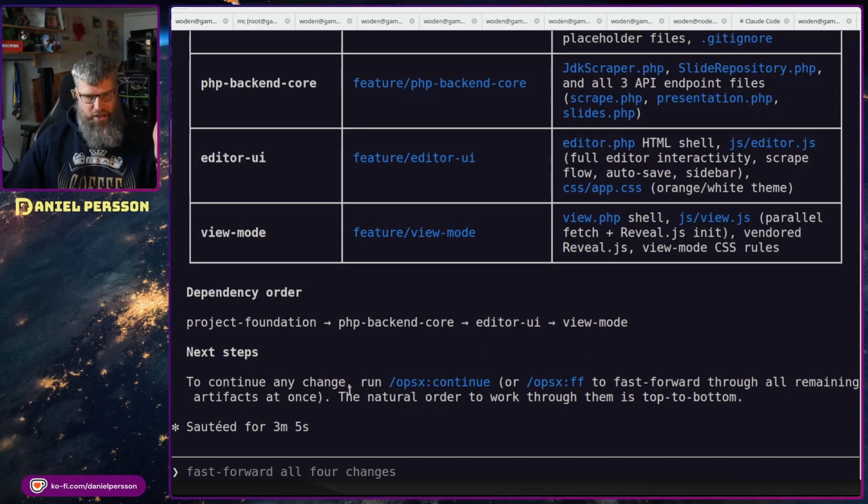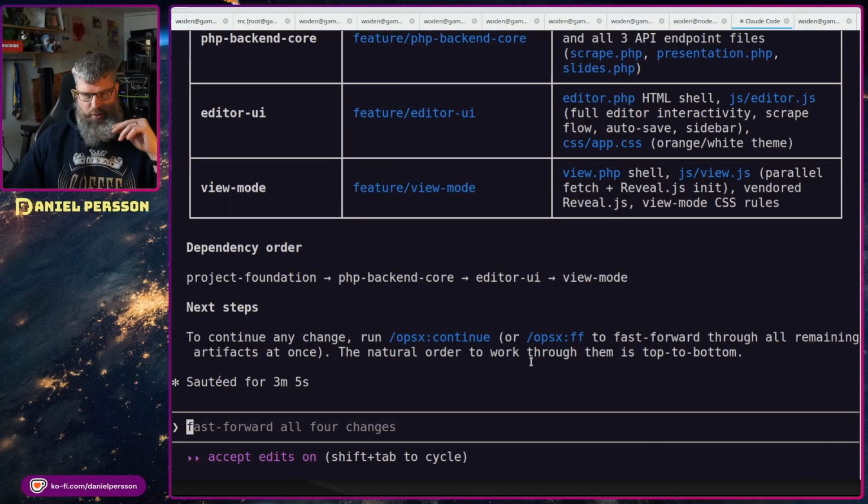It says continue at any change, run continue, or FF to fast forward through all remaining artifacts at once. The natural order to work through them is top to bottom. So I'm not really sure what the fast forward